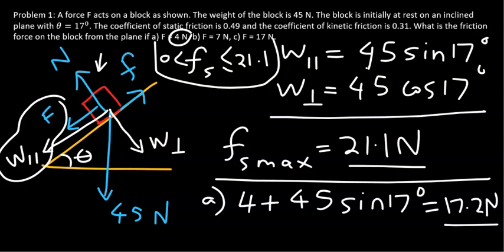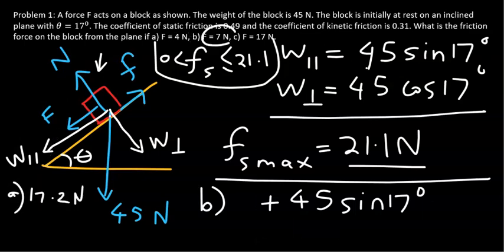So the answer in this case, the friction that is acting on this body is static friction with a value of 17.2 newtons. Now for part B, now F assumes a value of 7 newtons. So that means the forward force, a downward force, is F plus W parallel, and in this case the sum becomes